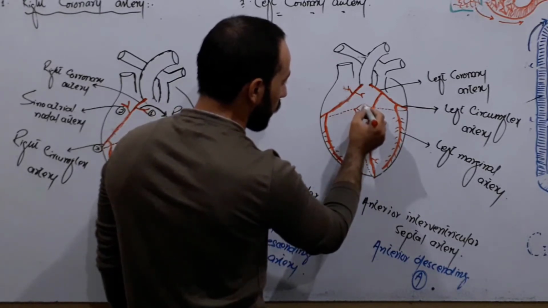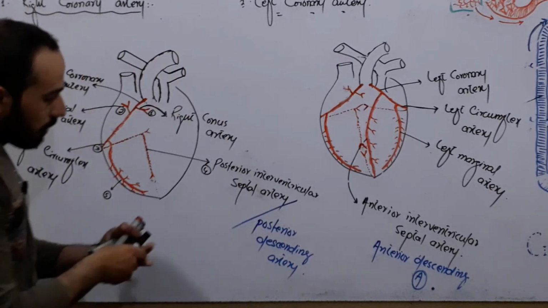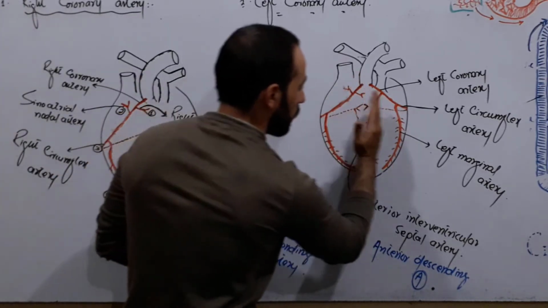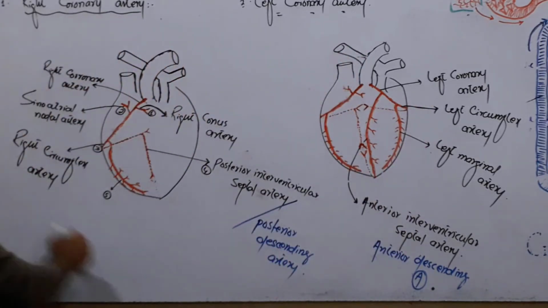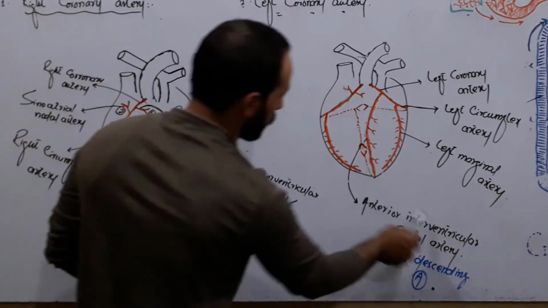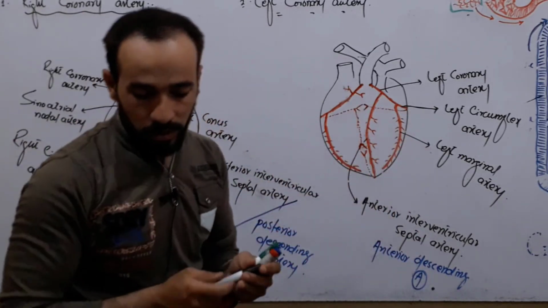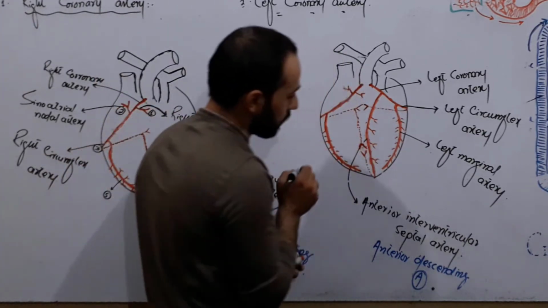And both of them also make anastomosis here. Okay, so look carefully. This is the right side circulation and this is the left side circulation. And what are those branches? I have mentioned all those branches which arise from the left coronary artery or from the right coronary artery. So these small branches